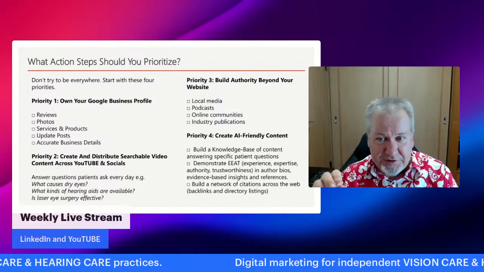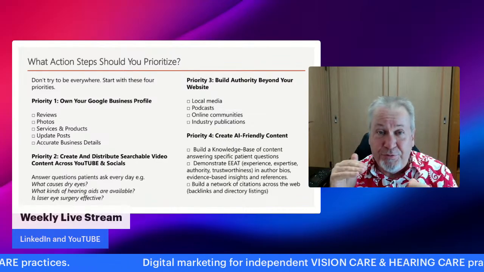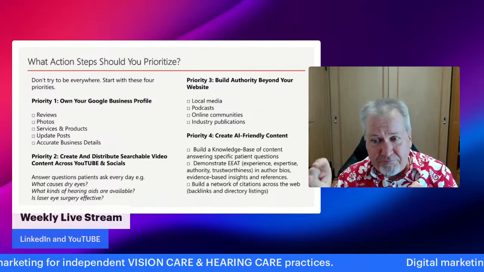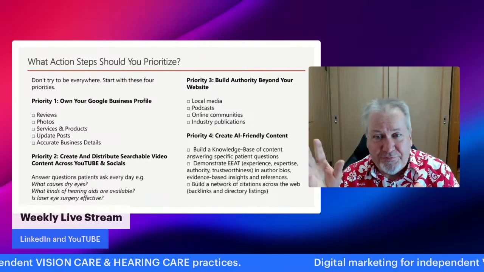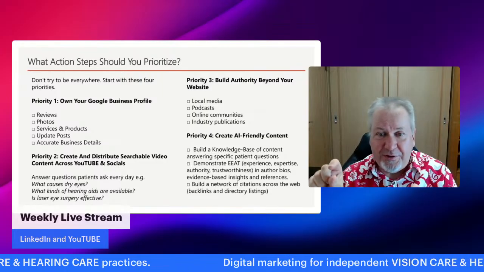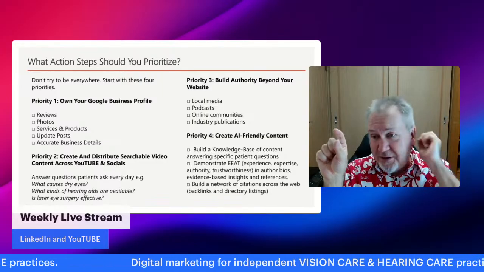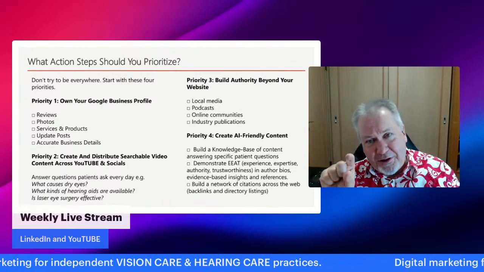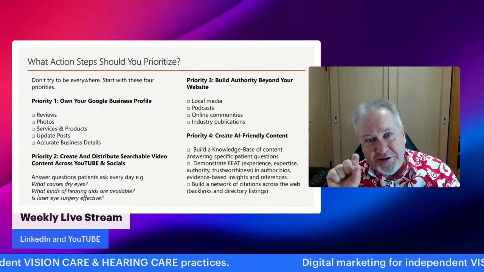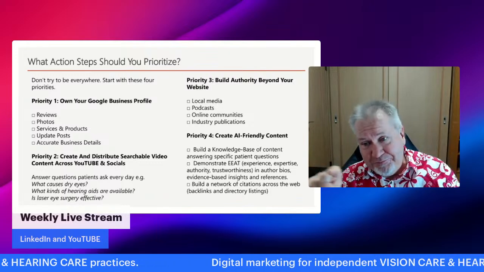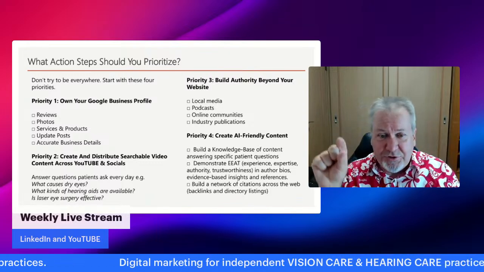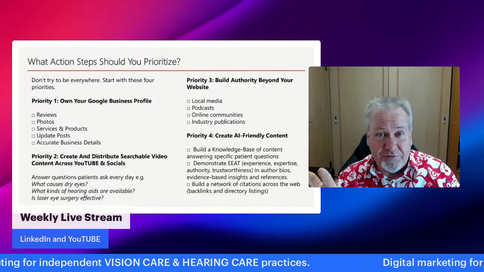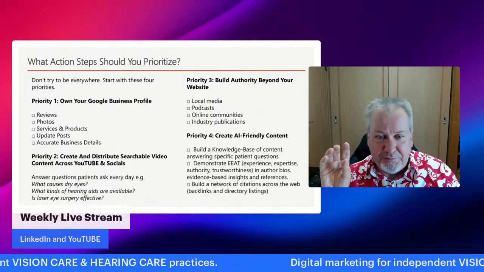Services and products. There are places on your Google business profile where you can choose categories for what type of business you have. The primary category might be optometrist, but secondary categories might be eye care clinic, contact lens supplier, glasses repair, that sort of thing. So make sure that you tick off anything that's relevant. Relevant is the key word here.